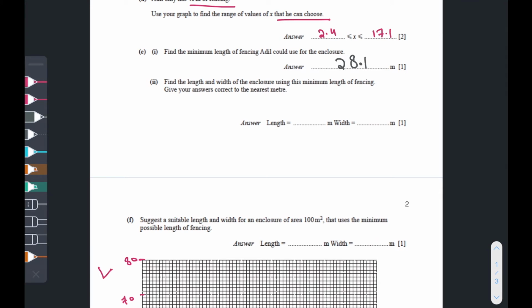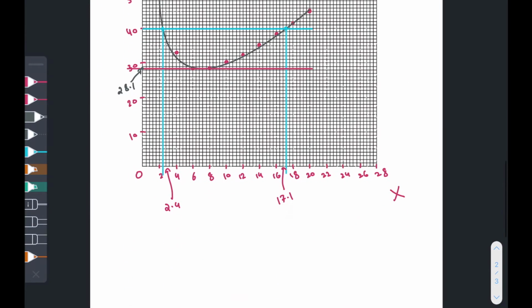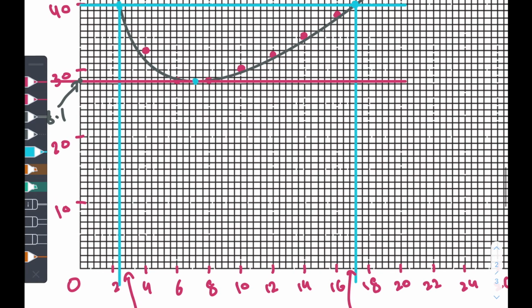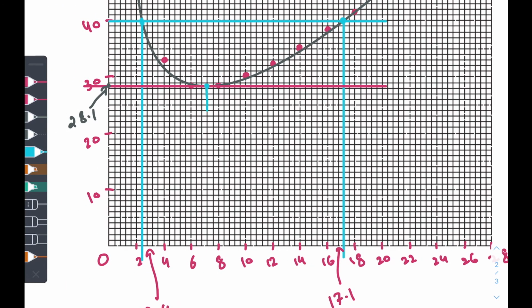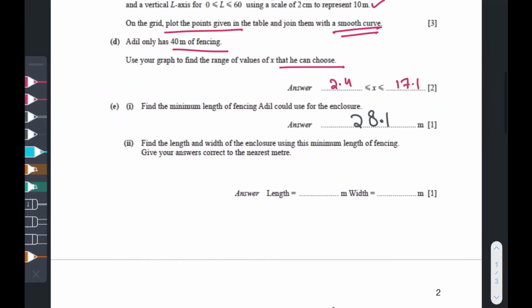Okay, so our value over here comes out to be 28.1. The next question says, find the length and width of the enclosure using the minimum length of fencing, giving your answers correct to the nearest meter. So the minimum length of fencing, if I put a dot over here and find the minimum value of x, it is roughly about 7. So let's use 7 over here. So if x is equal to 7,